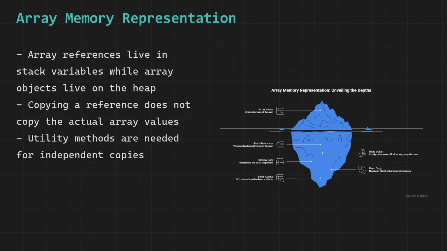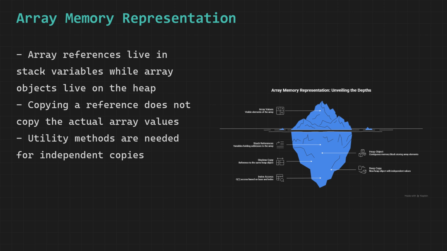It stores the memory address of where the array lives in the heap. In heap memory, the actual array object is created with all 5 elements stored in contiguous, meaning adjacent, memory locations. If element 0 is at address 1000, element 1 is at 1004, which is 4 bytes later for an int, element 2 is at 1008, and so on. This contiguous layout is why array access is so fast. To find the element at index i, Java calculates base address plus i multiplied by element size in a single arithmetic operation, giving constant time access regardless of array size.